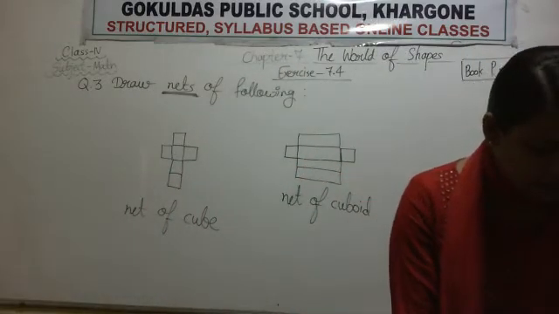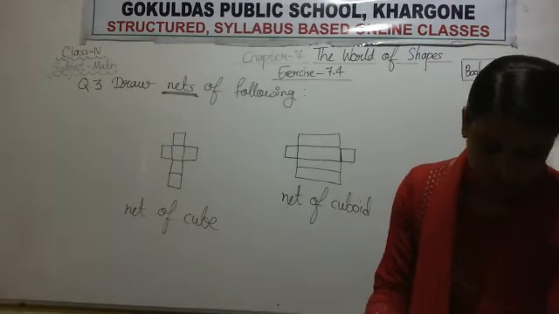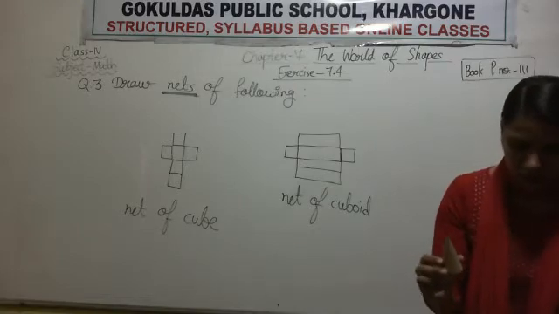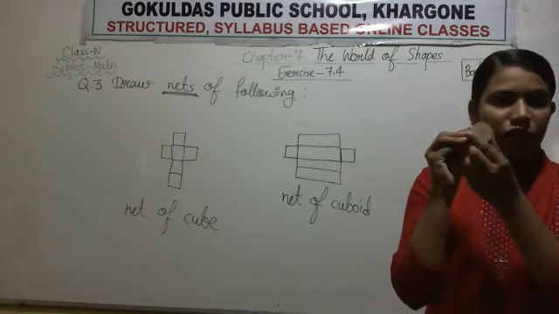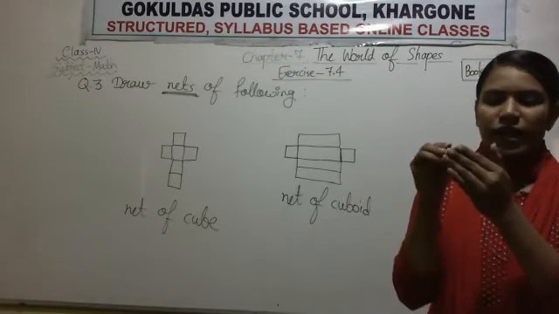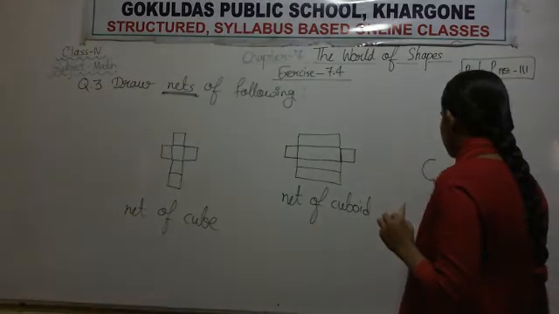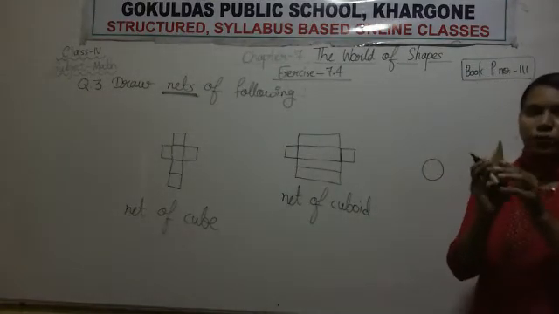Now the next solid shape is cone. When we open this face, it is a circular face. When I cut it down and open this, I will get a circle, right? And if I open this